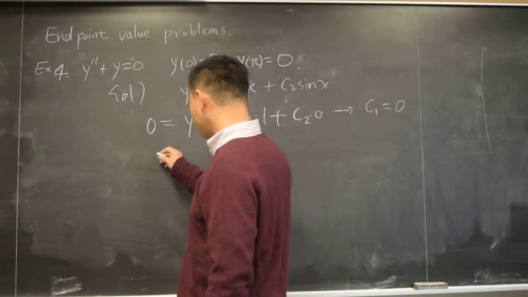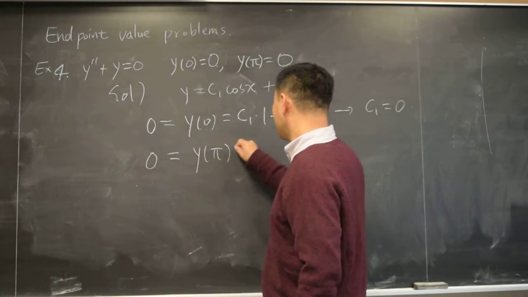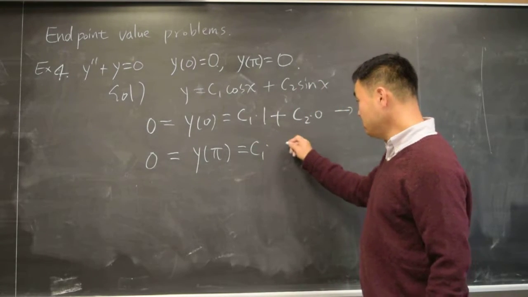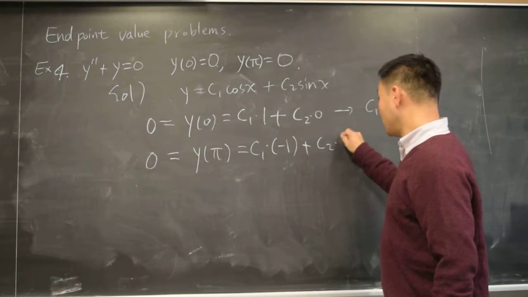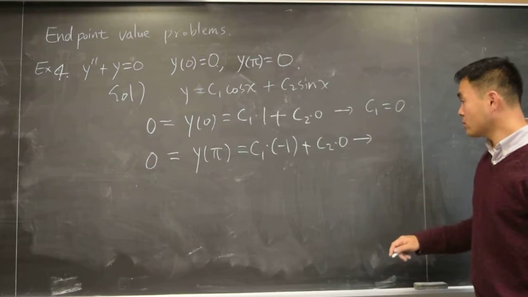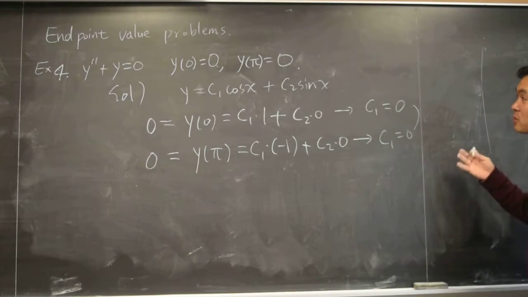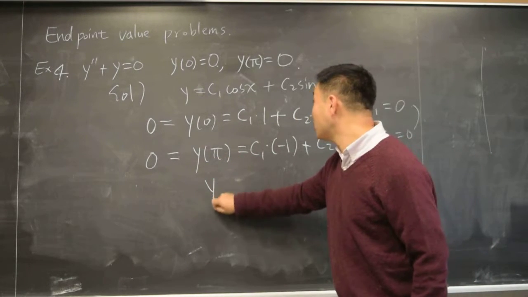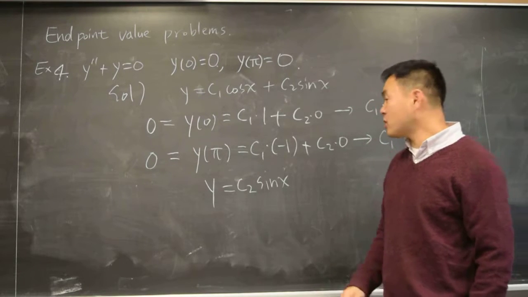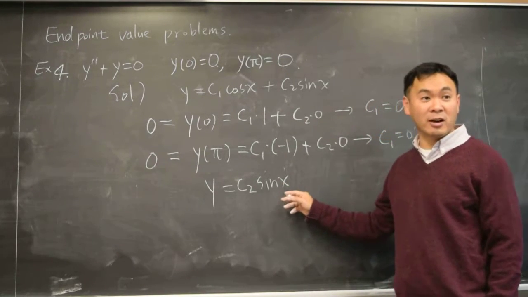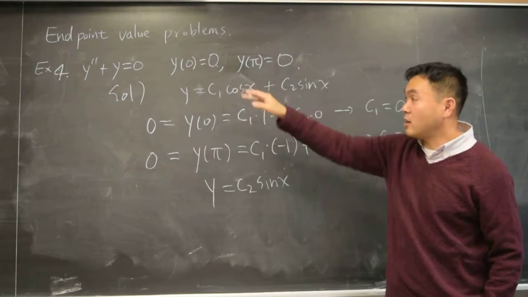What else? 0 is y of pi, which is c1 times negative 1 plus c2 times 0. So c1 is equal to 0. So they match, right? So we plug in c1 as 0, and we get y equals c2 sine x after setting c1 as 0. Okay. Now let's check that this solution does satisfy the given endpoint value conditions, and also the differential